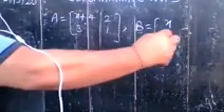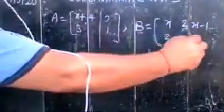If A is equal to the matrix with rows x plus 4, 2 and 3, 1, and B matrix is equal to the matrix with rows x, 2 and 2x minus 1, 5. The B matrix is in this way,